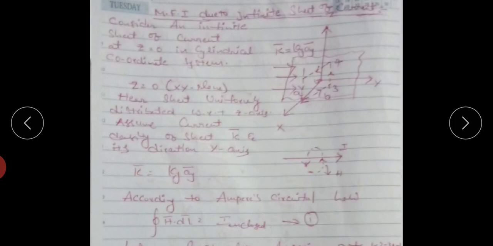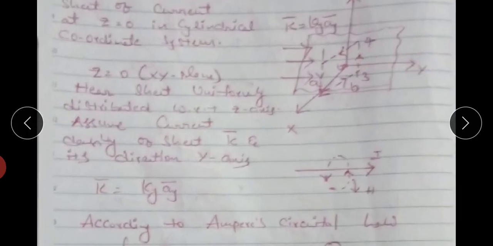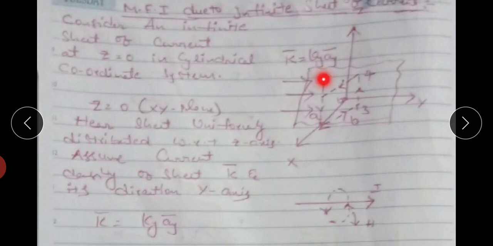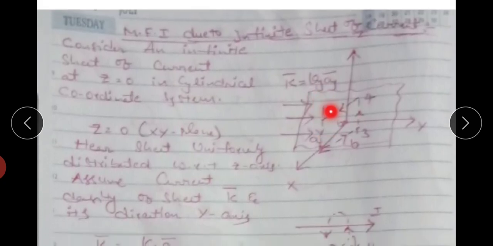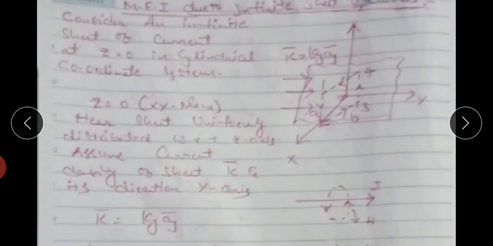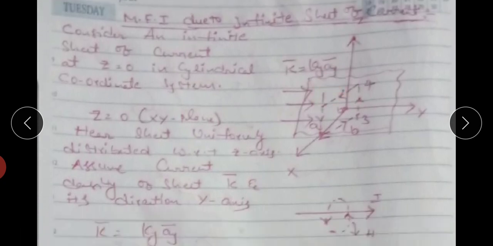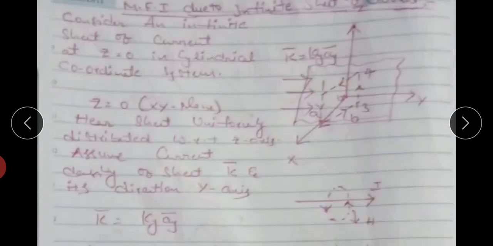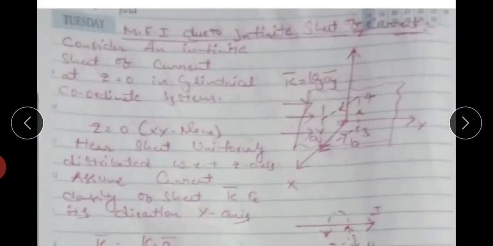So first, the 1 to 2 direction magnetic field intensity. Here the 1 to 2 direction: this is the z-axis, upward direction. This is the x-axis. Next this one is the y-axis. So the 1 to 2 direction is opposite to the z-axis. In this direction only the z-directional magnetic field intensity is present. So the 1 to 2 magnetic field intensity equals hz into minus az bar, and the 1 to 2 length: the 1 to 2 direction is the negative z-axis and the 1 to 2 length equals a. So the 1 to 2 length vector equals a into minus az bar.